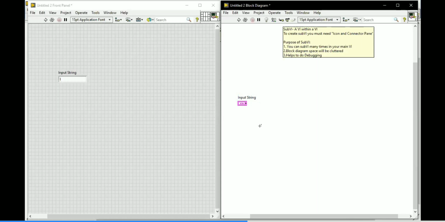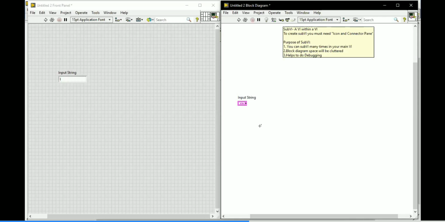Okay, so we know what the vowel characters are. A, E, I, O, U, these are the vowel characters. So what simply I'm going to do is compare my input string with all the vowel characters. You could consider a case structure, with the vowels as cases and a default one.